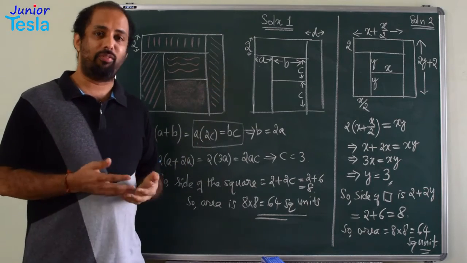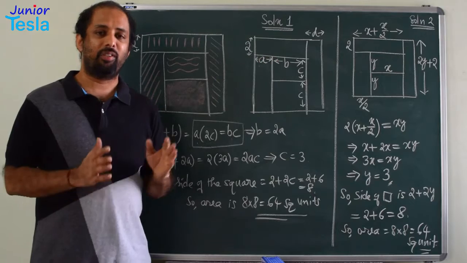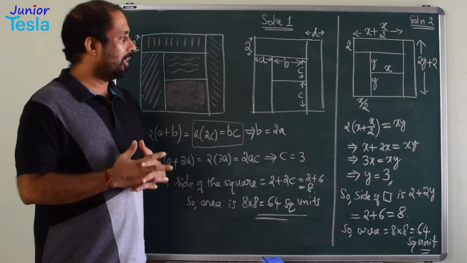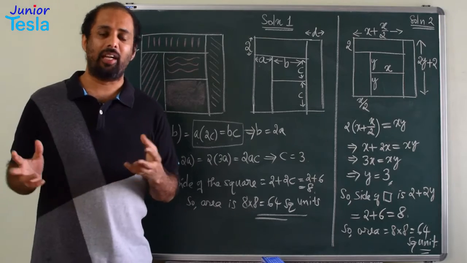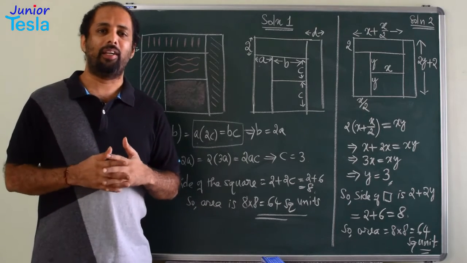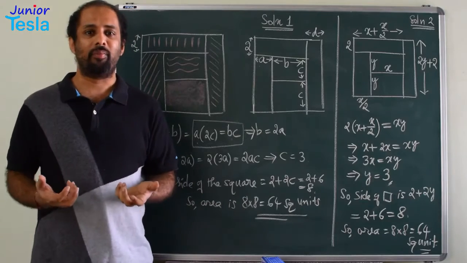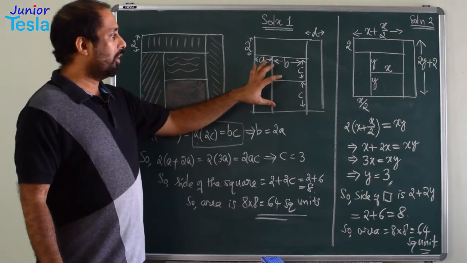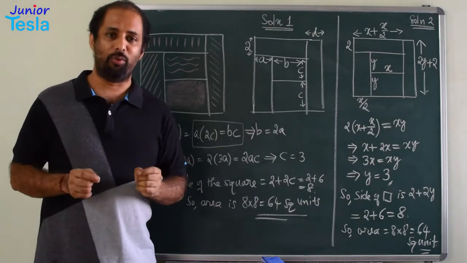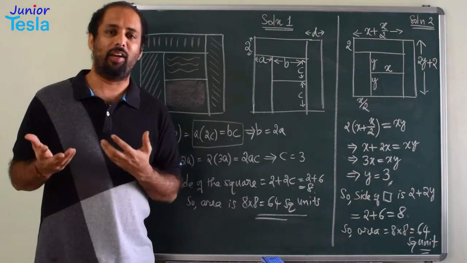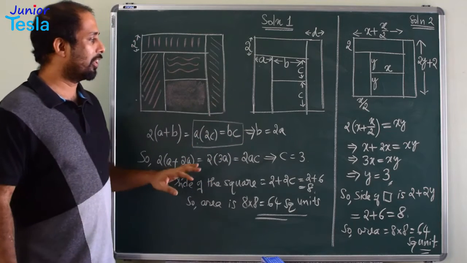Instead of saying variables, we can call them unknowns, because these values A, B, C are not changing, so they are just unknowns. Now the idea is, let me write 2 or 3 different regions' areas, equate them, and try to find the values of these unknowns. What is the value of A, what is the value of B? Because once you know at least one value among A, B, C, D, then you can find the remaining values, because everything is connected. That is the basic idea in this particular solution.